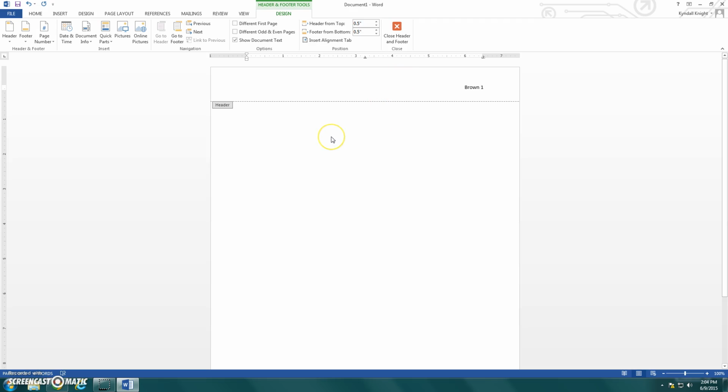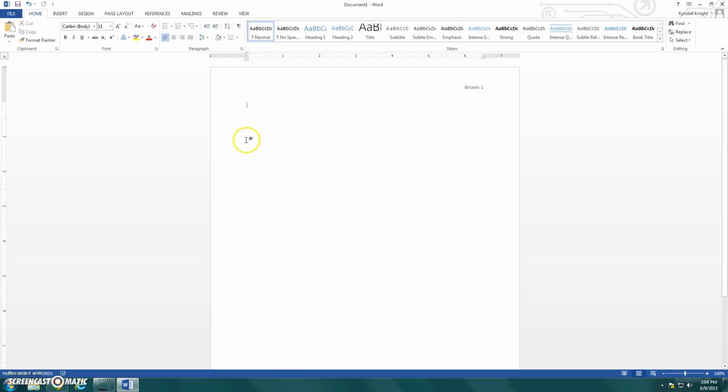After you've inserted your header, you're going to go back to the lower portion of your document. Just double click and it'll pull you into the regular first page. Go up to the top where it says line and paragraph spacing, and you are going to hit the down arrow and hit remove space after paragraph. For some reason, Microsoft Word decided that they would put a space after each paragraph, and that is not a part of MLA format. So you want to make sure before you start typing anything that you remove that extra